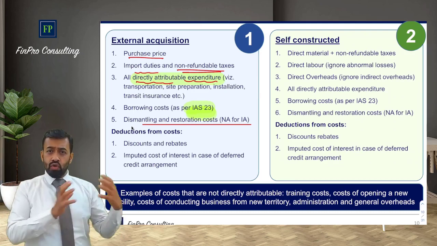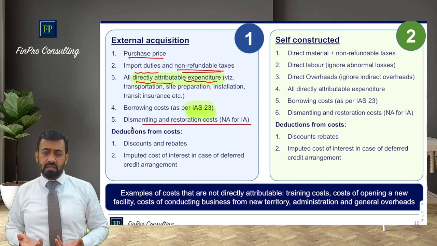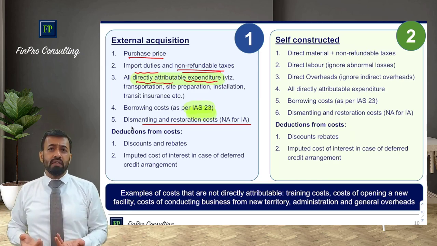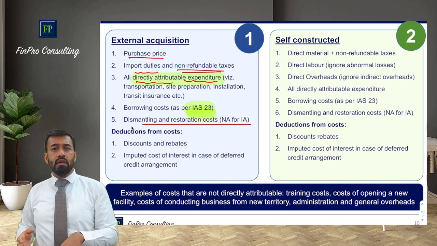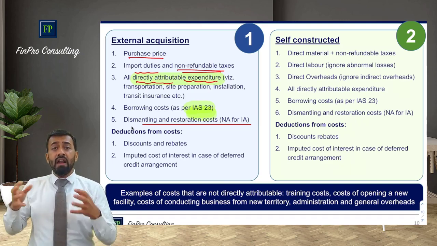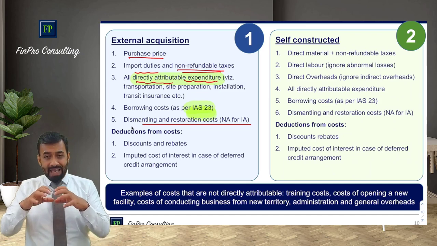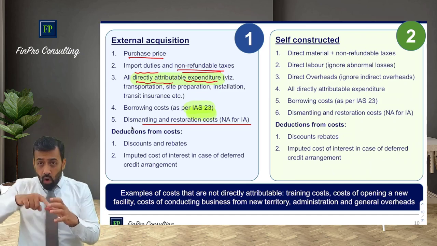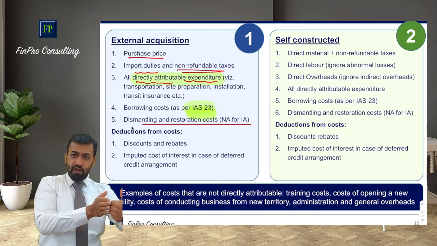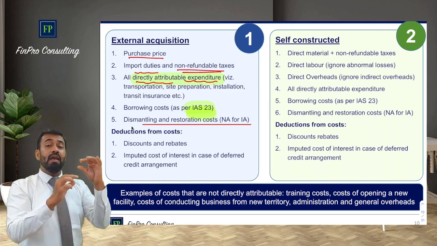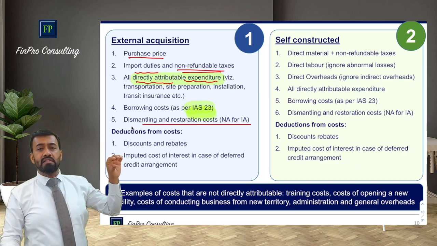Can you estimate the useful life of the asset? Absolutely yes. 10 years, 15 years, 20 years. You estimate. What would be the expenditure that will be incurred? That also can be estimated. And if yes, then you will estimate that. What will be the outflow after a certain number of years, that you will have to present value. That amount you will capitalize as a part of the asset.